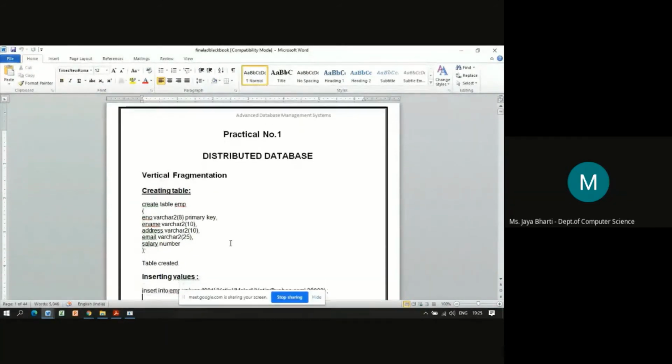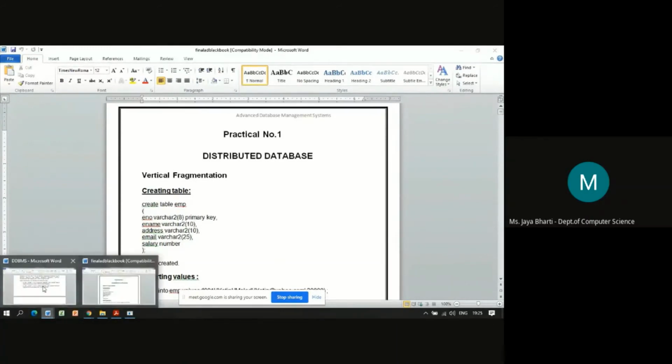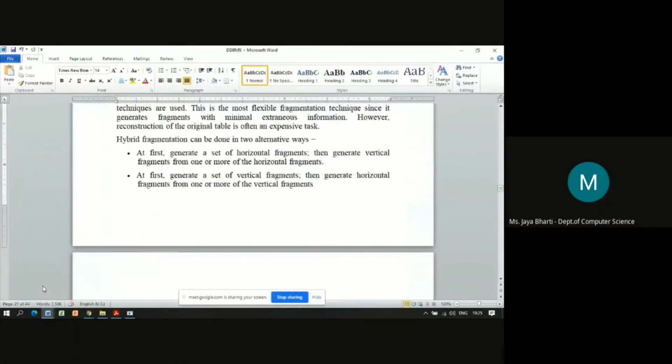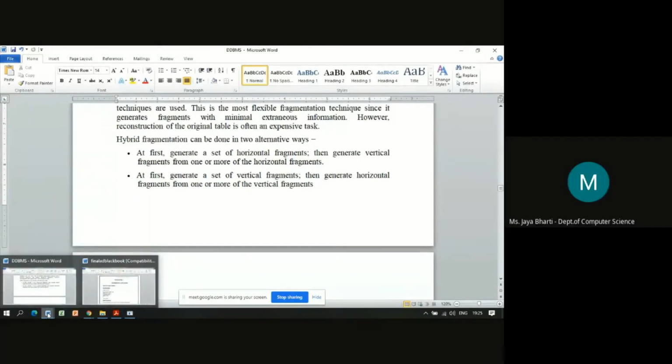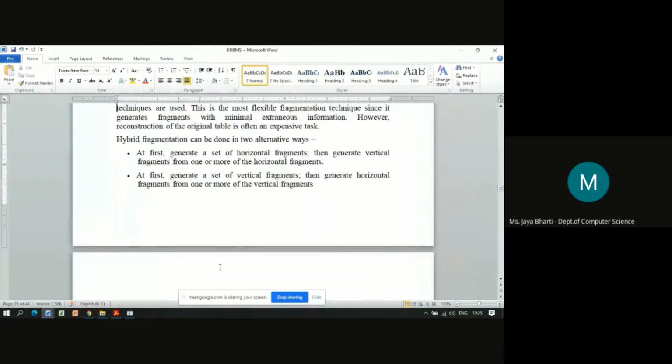By the way, I hope you all know how to create tables and all, isn't it? Create table queries and everything, you know. And what is a constraint and all.